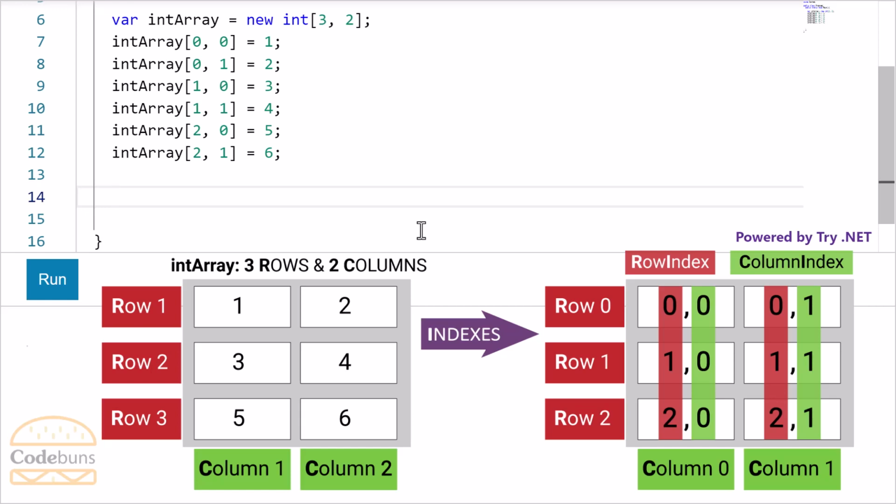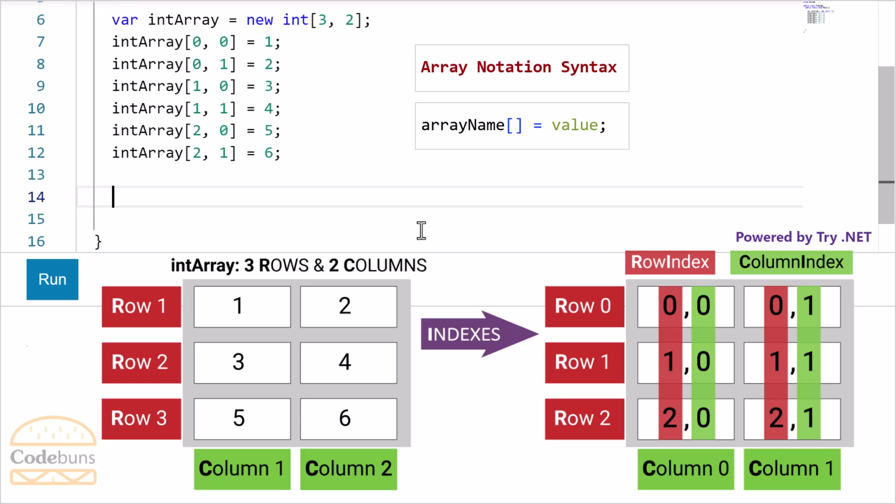To fetch a value from the specific location of an array, you use the same array notation syntax, this one, but without this part. So what's the difference? This part will assign a value to a specific array element, depending on the index position used within these brackets, right? On the other hand, if you don't use this part,